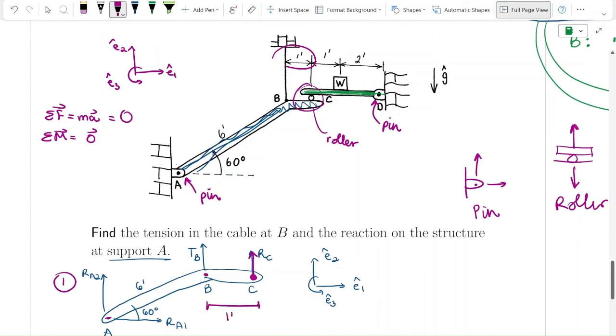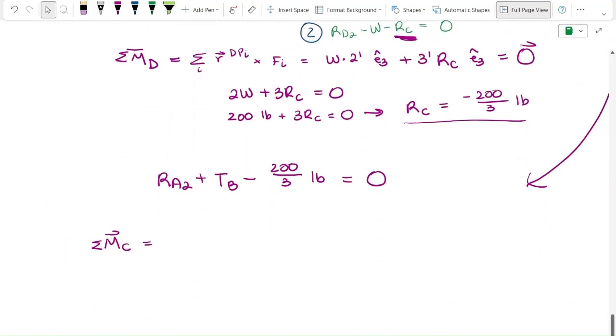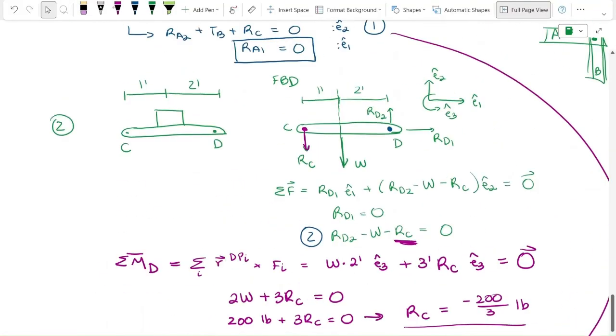So I have TB acting at a distance here in this positive direction. So I'm going to have a moment in this direction about point C. So that is in the negative E3 hat direction because it's in the opposite direction of E3 hat. So we have 1 foot times TB in the negative E3 hat direction plus,